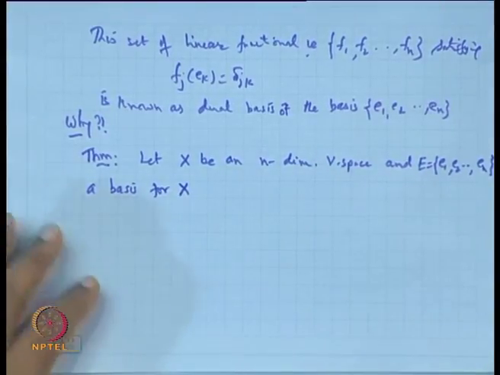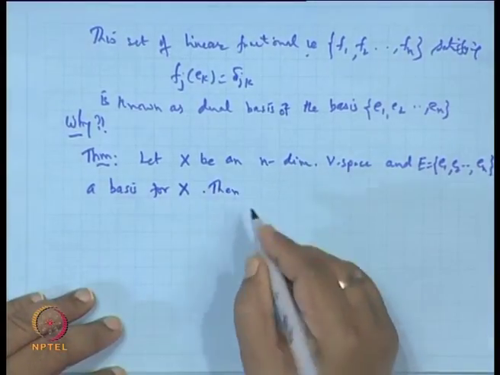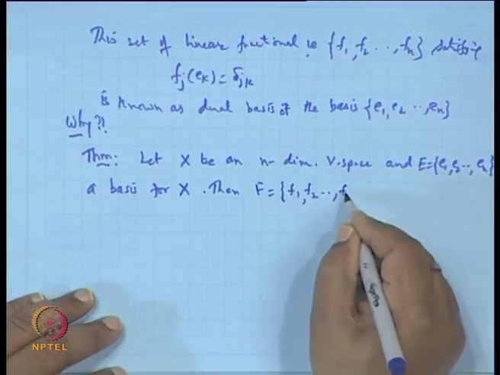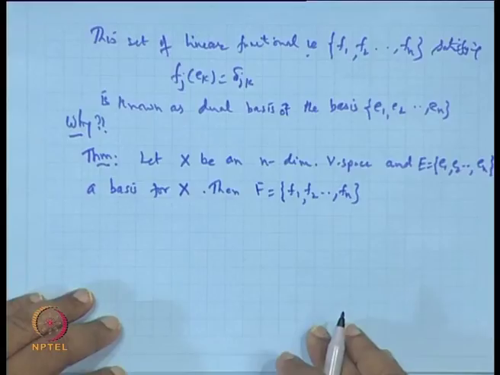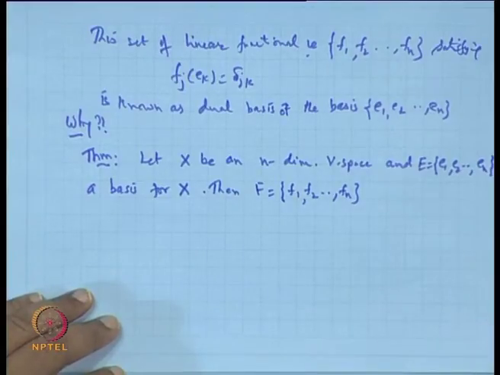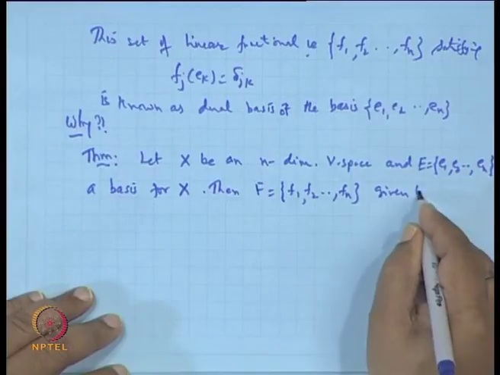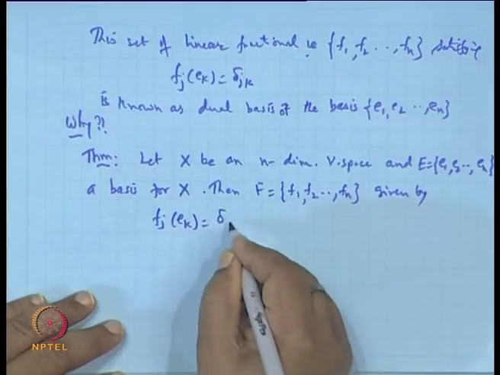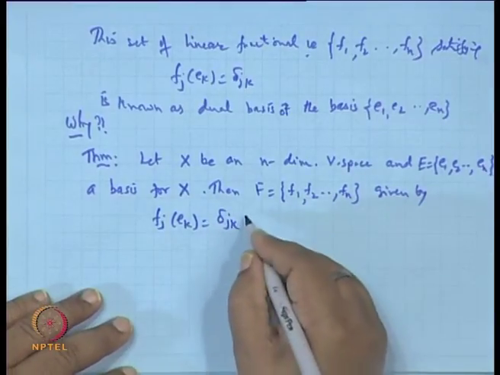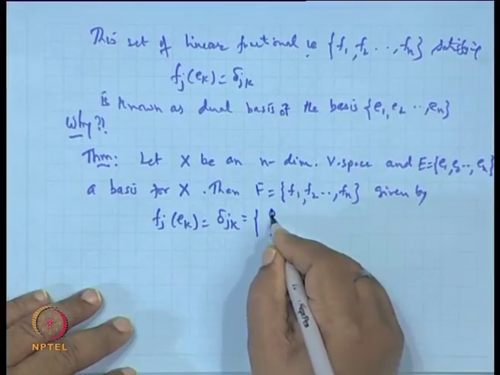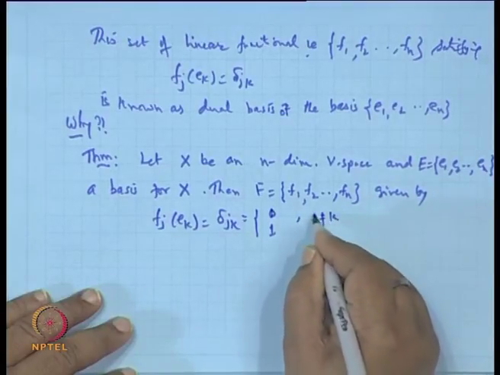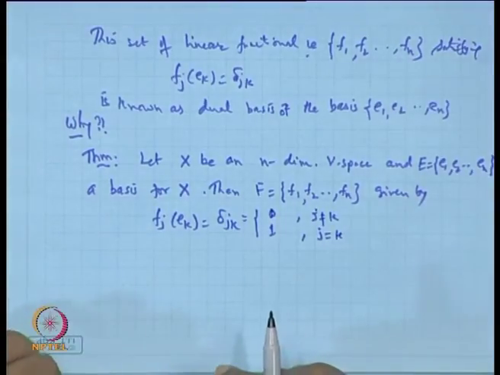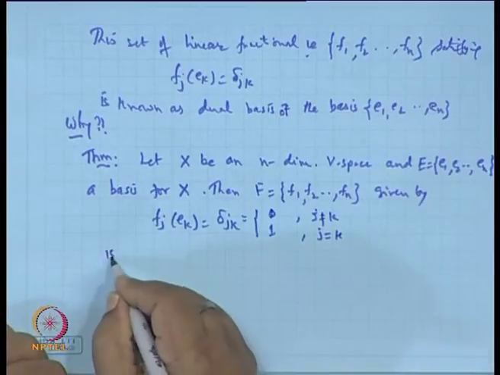Then we claim that the collection of these elements F1, F2, Fn, say capital F, given by Fj Ek equal to the canonical delta Jk, which is equal to 0 when j is not equal to k and 1 when j is equal to k, is a basis